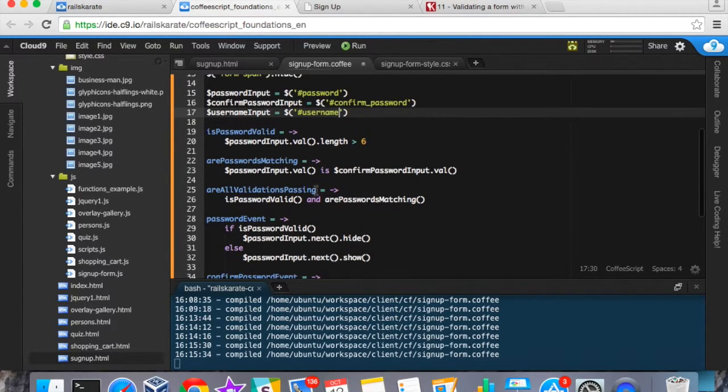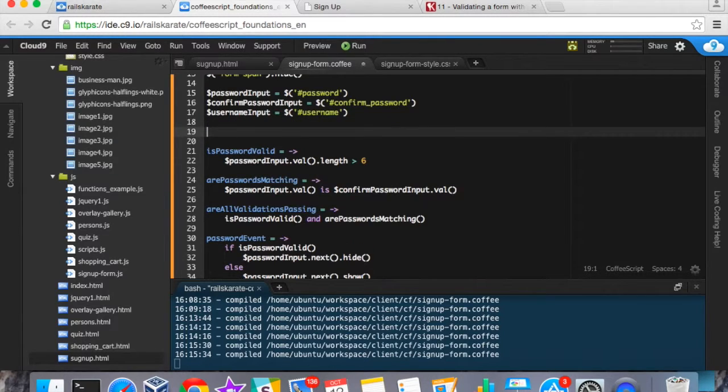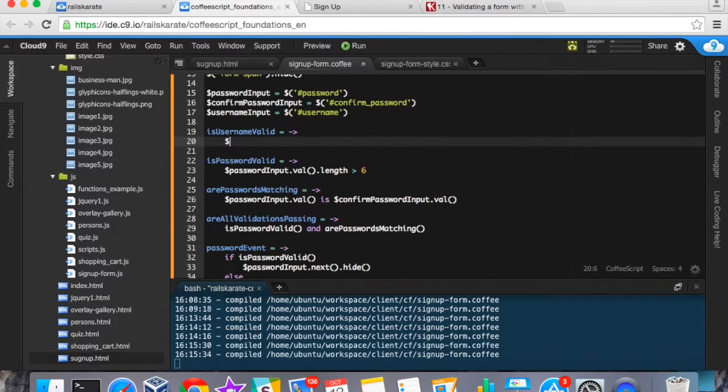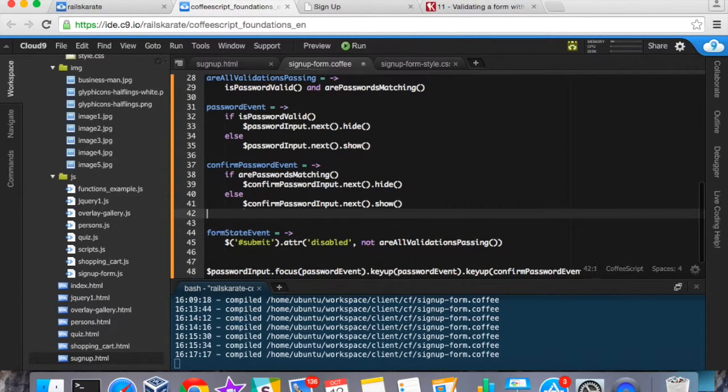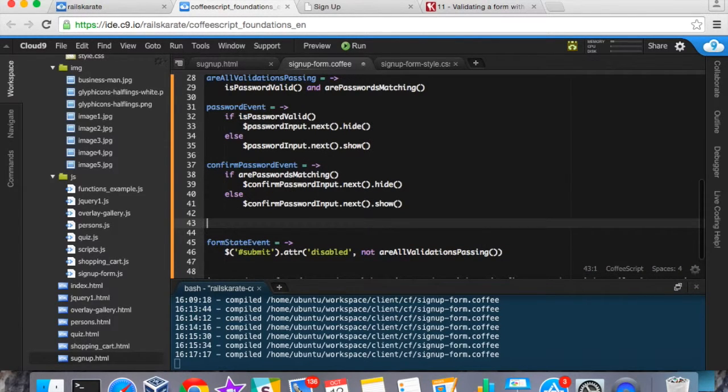Now the next thing, we want to create a new function for the validation of this field. So I'm going to create here isUsernameValid, and the only validation I want to do is usernameInput.val().length greater than 0. And next thing I'm going to create an event handler for this field called usernameEvent,